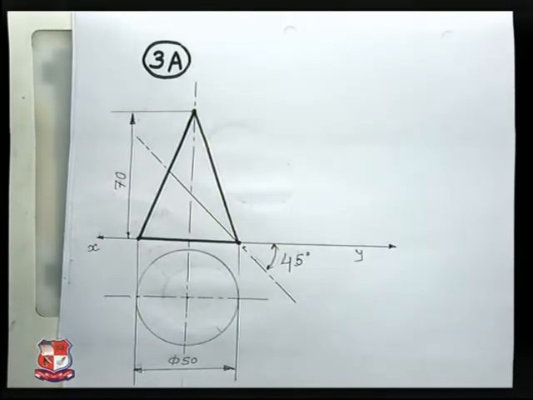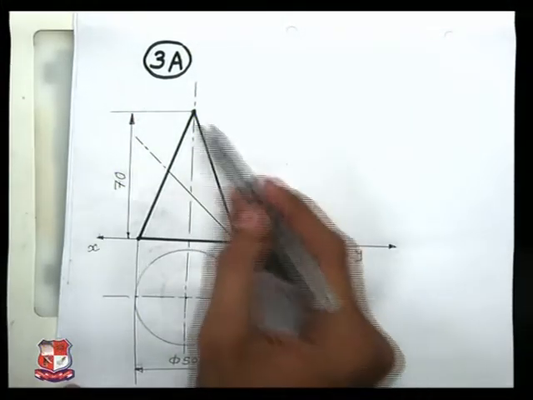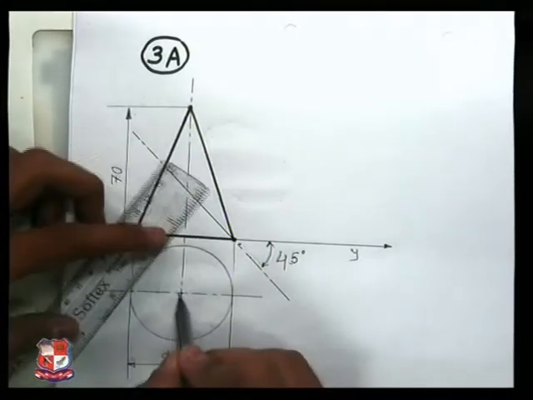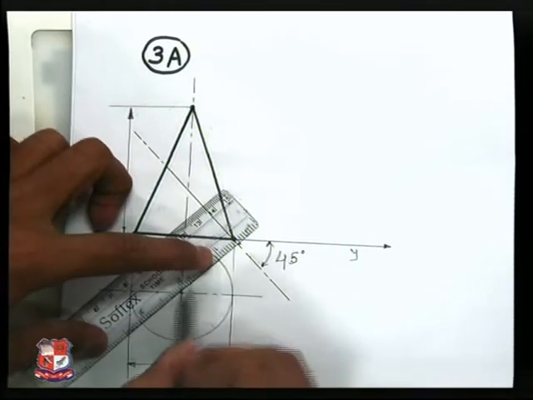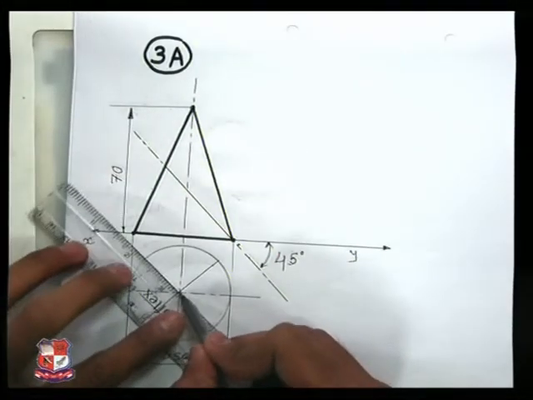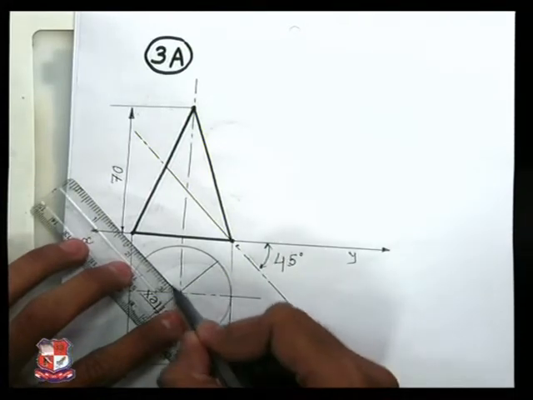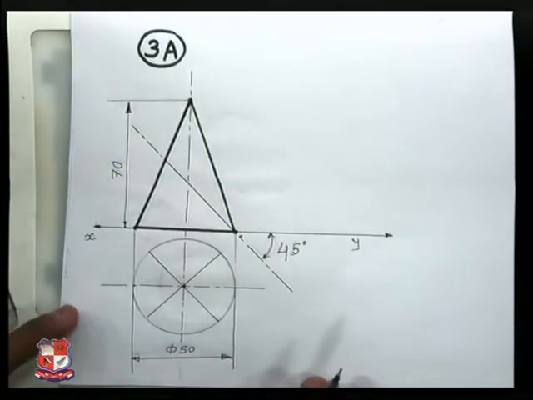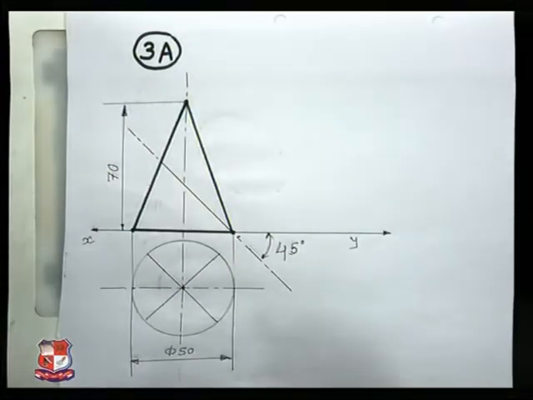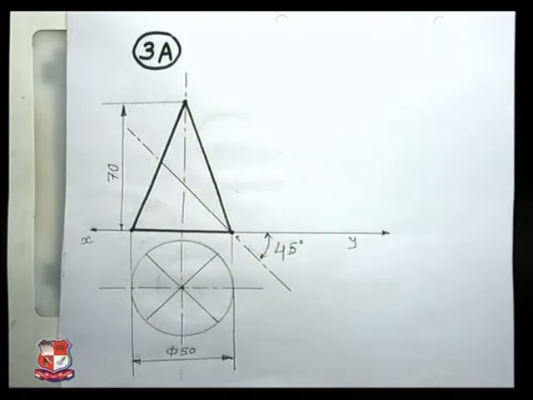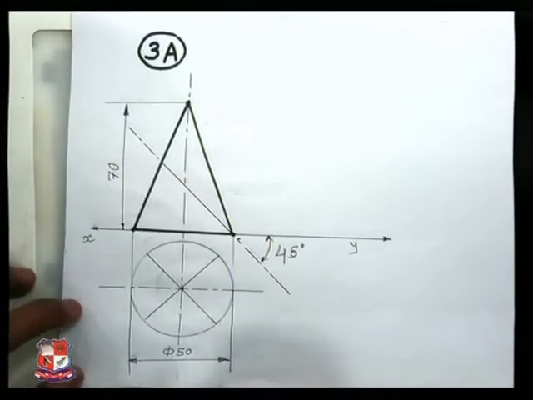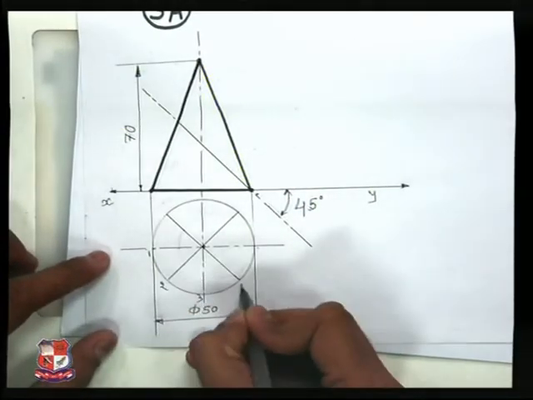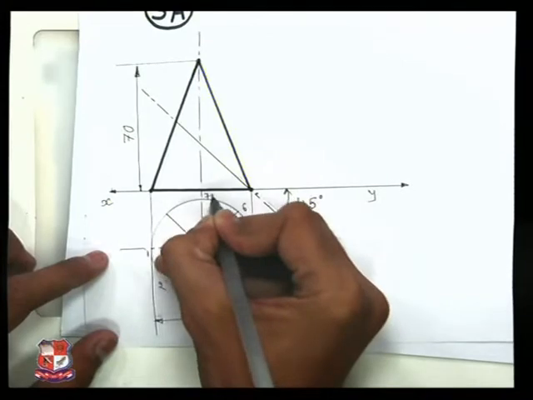Now to find out the points of intersection between this cutting plane and these generators, we need to draw generator of this cone. So let me divide this top view of the circle into 8 equal parts. You may divide into 12 equal parts also, depends upon availability of time and size of the drawing. If drawing size is much bigger, more division should be made, but to save time we have taken just 8 points. In exam also it is recommended that you divide the circle into 8 parts only. Name the end points. So let me start from here. This is point number 1, 2, 3, 4, 5, 6, 7 and 8.